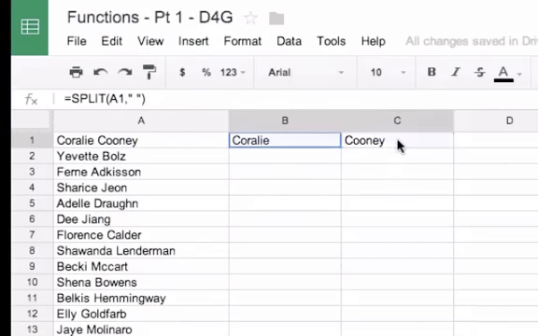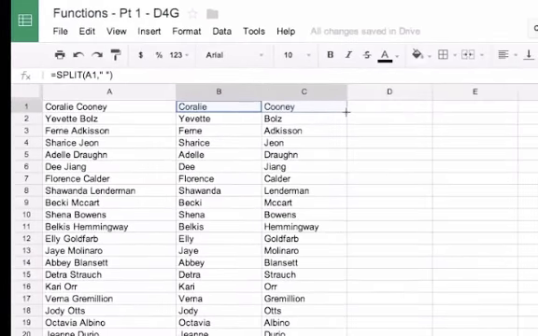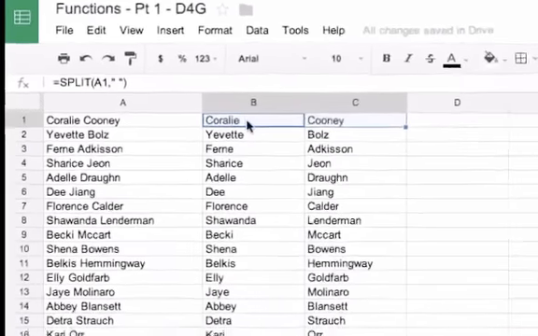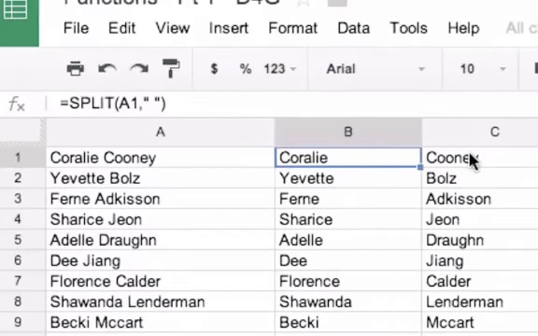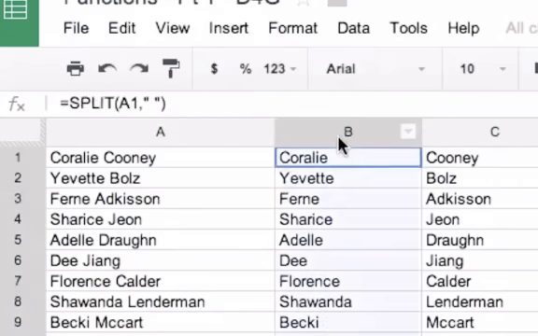And if I want to copy that down, all I have to do is select those two cells and double click on that corner, and as long as there's not an empty column in there at the beginning, it'll copy it down for me. So right now the contents of column B and C are actually displayed as part of a function. If I wanted to have it separate from the function, I would need to actually copy those contents